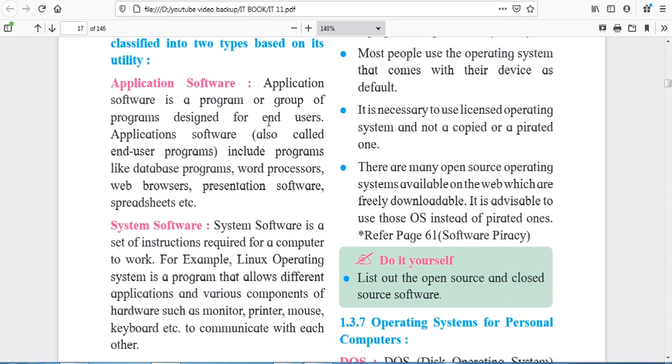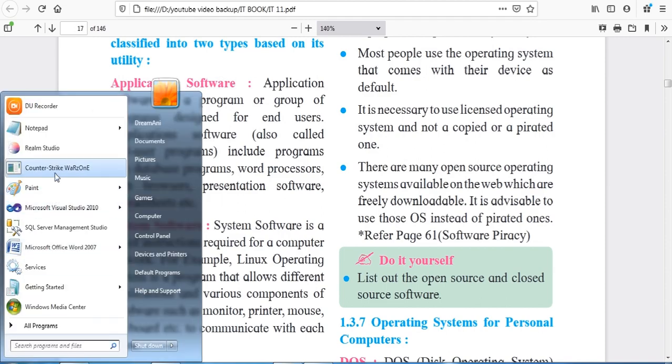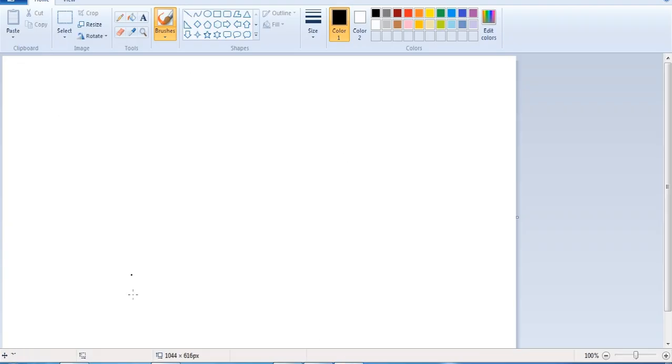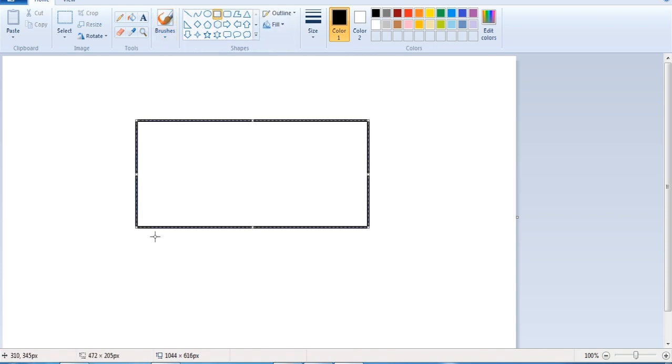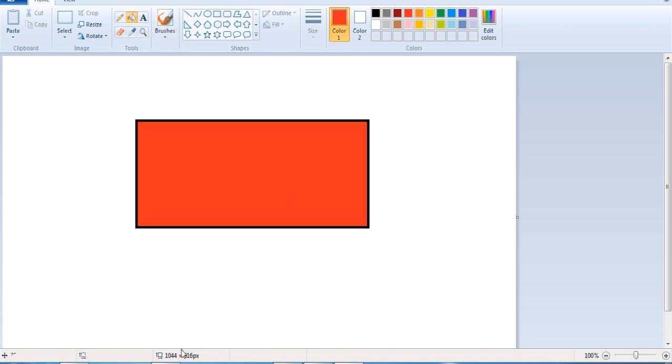This application software can be run in your operating system and those softwares can help you to perform specific operations. For example, in your computer, here is a paint software. This paint software is an application software. You can draw paintings or draw symbols or any kind of designs or use any kind of colors to paint on your computer.